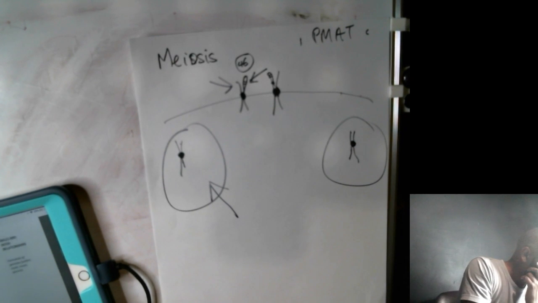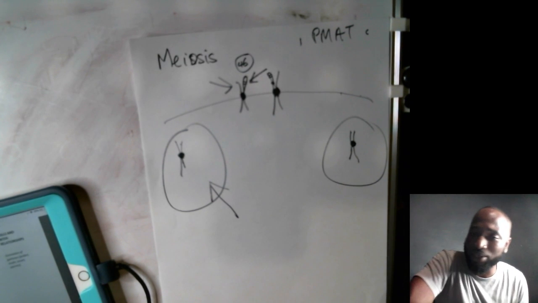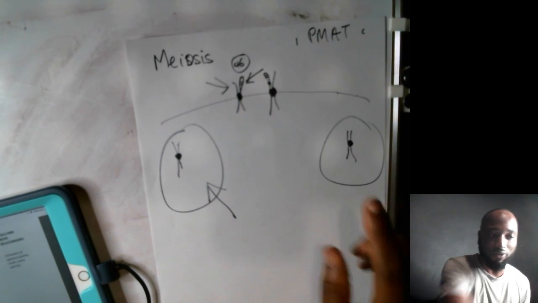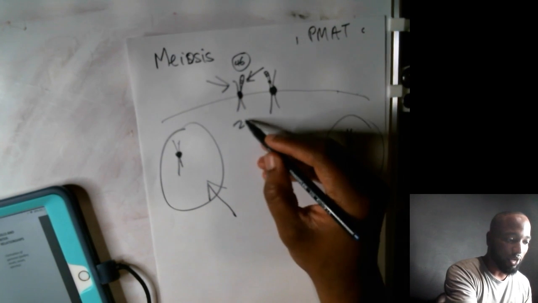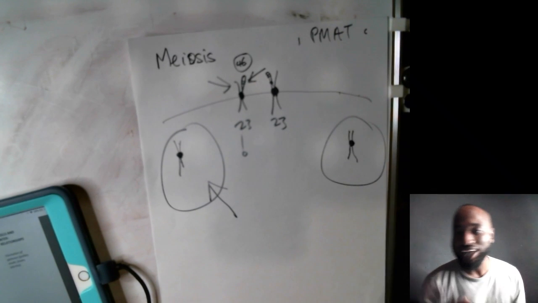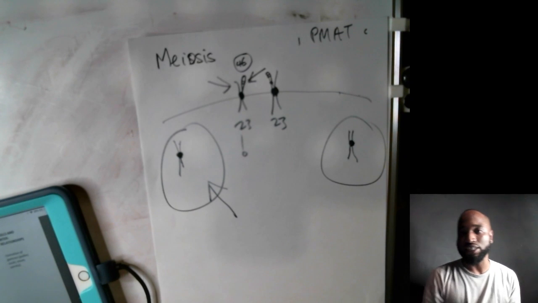Alright, so let me see what's next in the syllabus. See the importance of halving the chromosome number in the formation of gametes. Right, because of those 4 cells, because we cut down from 46 here to 23 on this side and 23 on that side, because remember, this is going down, you get half. You get 4 haploid cells, right?